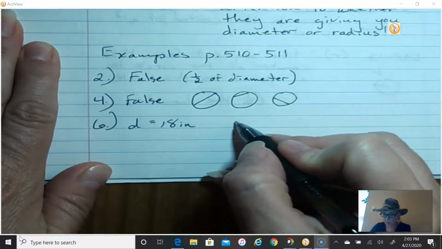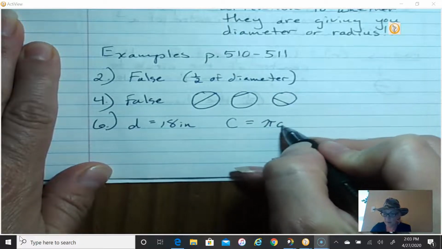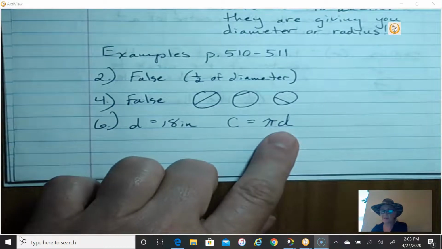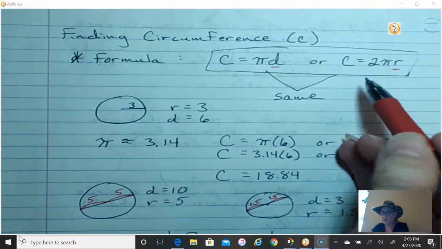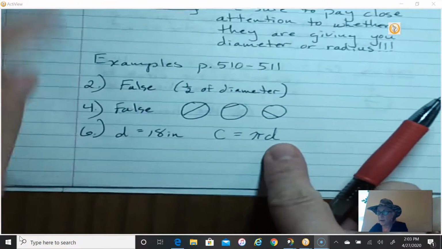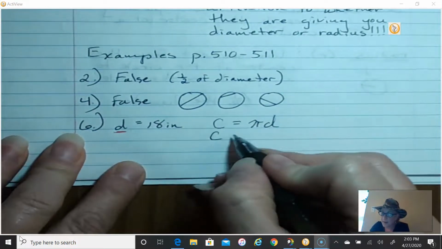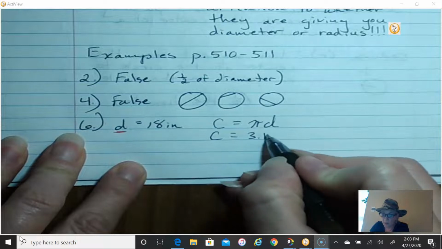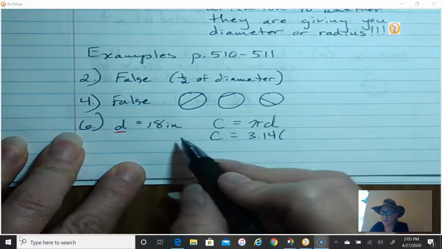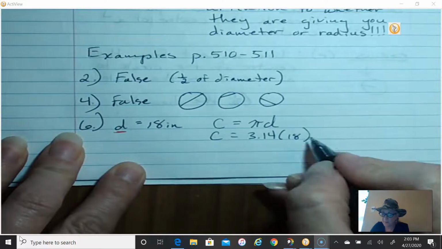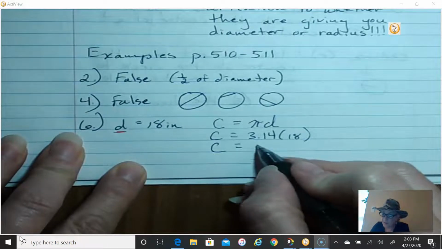So our formula is C for circumference equals pi times d. We're using this one. See, there's 2 up here. There's this one and this one. We're using this one right here because they give us the diameter. And our pi is 3.14 times d. When the things are right next to each other, we know it's multiplication, times 18. Okay, if you have your calculator, you can do the math, and it's